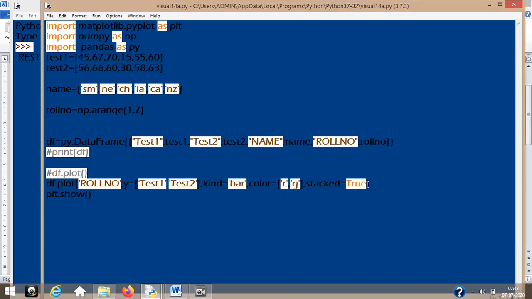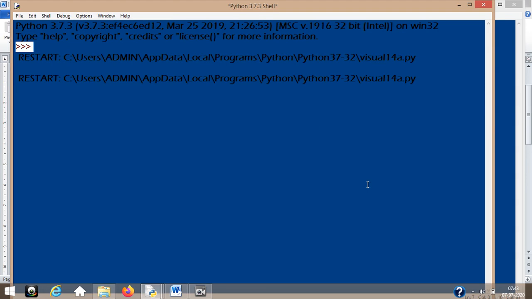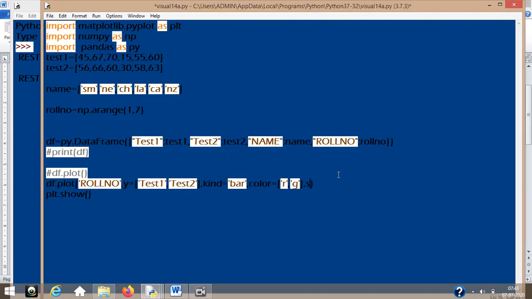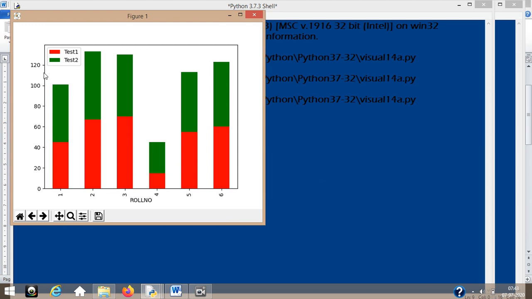Now if I remove this, that becomes your old style. So if this is done without a data frame, it requires a lot of other kinds of specifications. But if it is with a data frame, you just need to write stacked equal to true. You see the difference in the y-axis values here. So when you specify stacked equal to true, what is happening? Again, I'll just show you. The y-axis values, it was still 60 earlier, now it has changed, so it is just plotting one over the